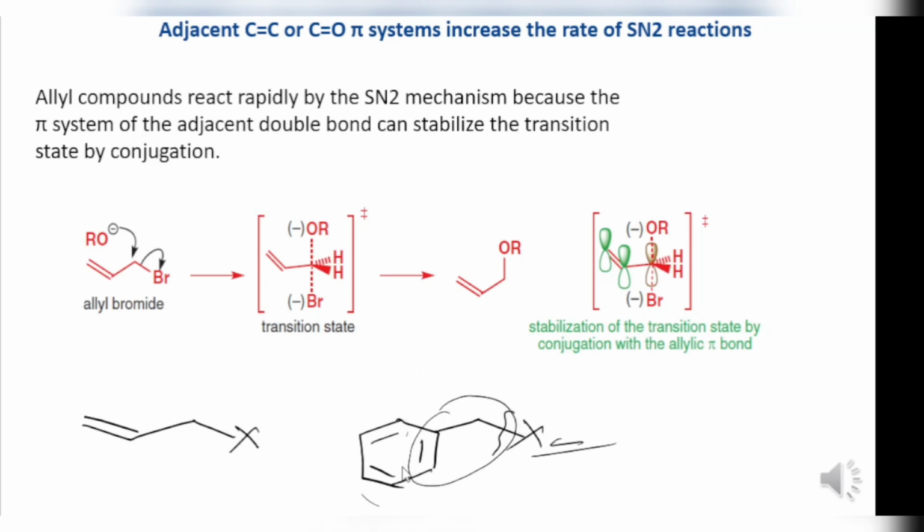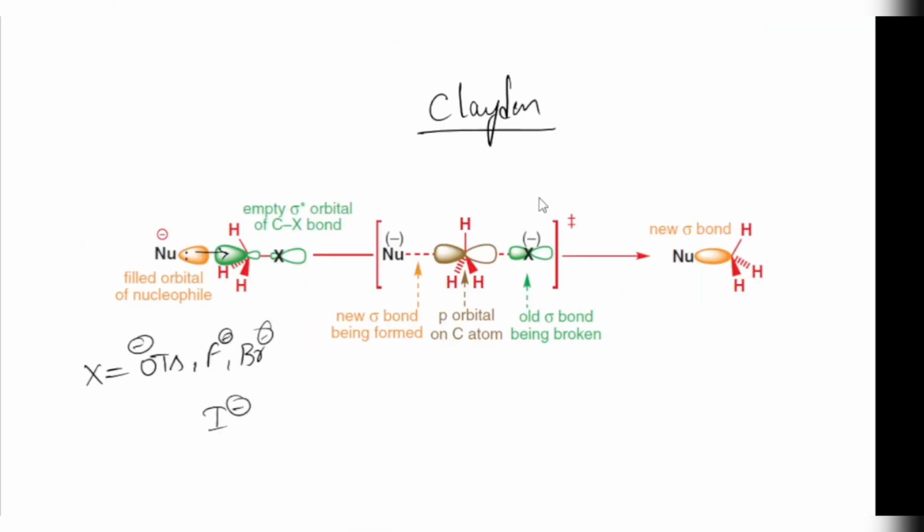Just because this is a benzene ring or phenyl, we will call it benzylic. Allyl compounds or benzyl compounds react rapidly by the SN2 mechanism because the pi system of the adjacent double bond can stabilize the transition state. Here I used one term: this carbon is electron deficient, correct, because it